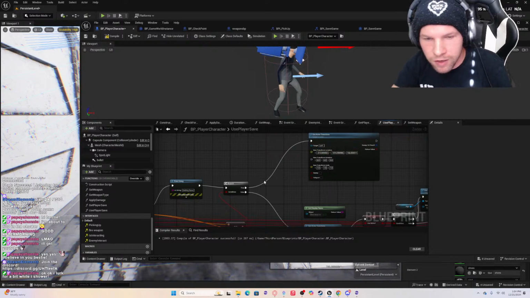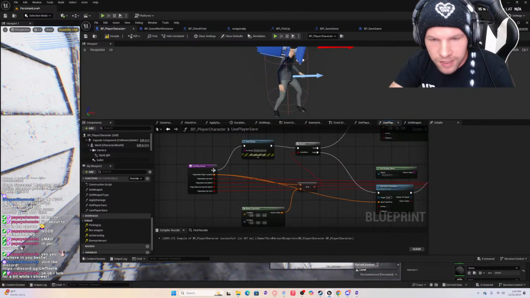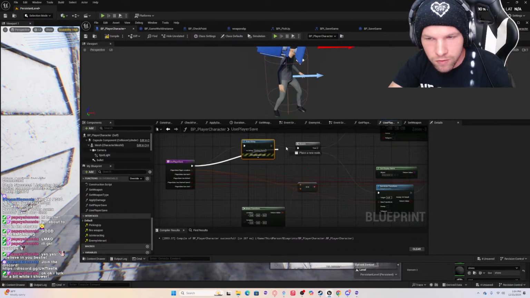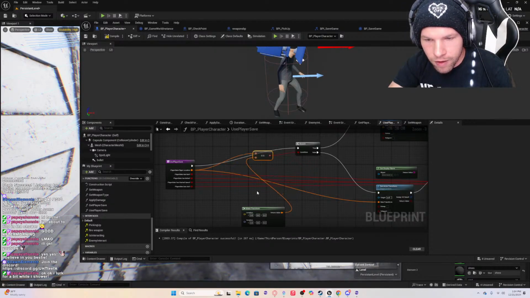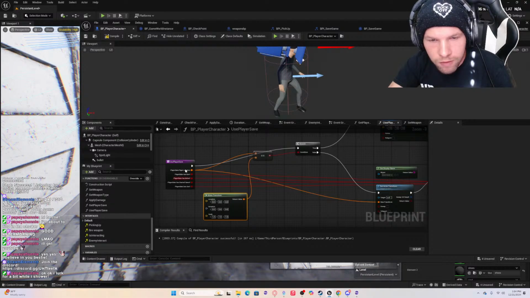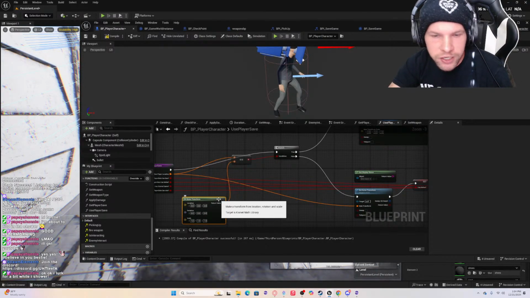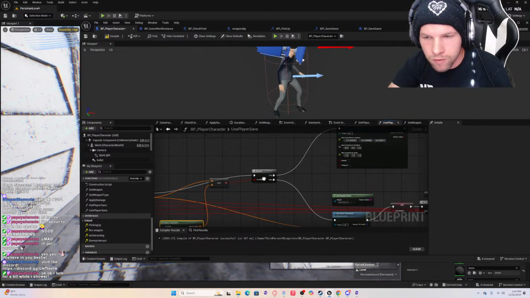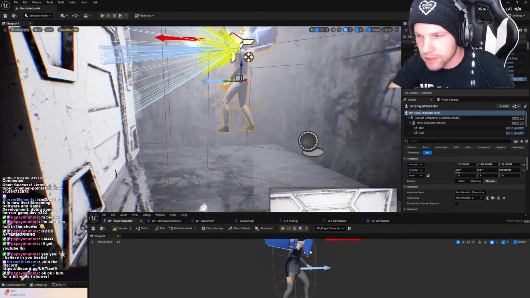The first thing that happens is it checks, I don't actually need this print string anymore, if the player location is equal to this. If it is, then that means there is no location saved for the player. So we're going to set the player's location to where I have it here. All I did was copy the location values here.